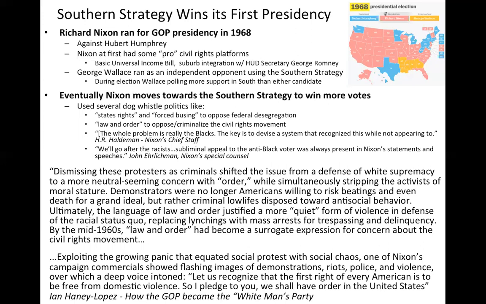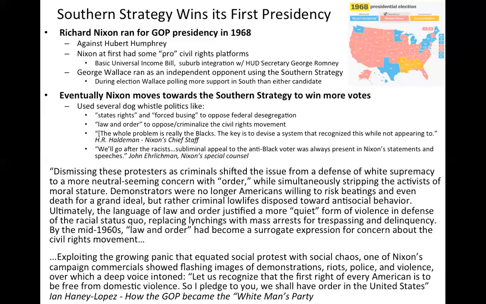Where all of a sudden now, in the last legs of this race, he starts talking about states' rights. He starts preaching against busing. Talking about law and order, and how this was during a time when cities were erupting in riots, all over a country based on opposing police brutality and housing discrimination and white supremacy, but it didn't matter. Instead of talking about that, he talked about law and order and the silent majority,